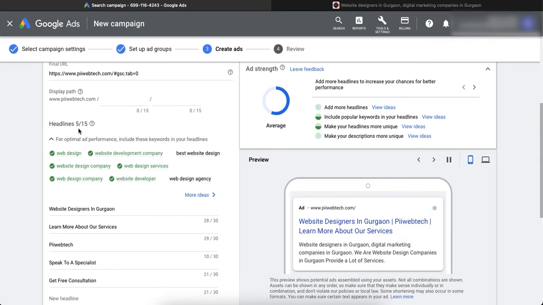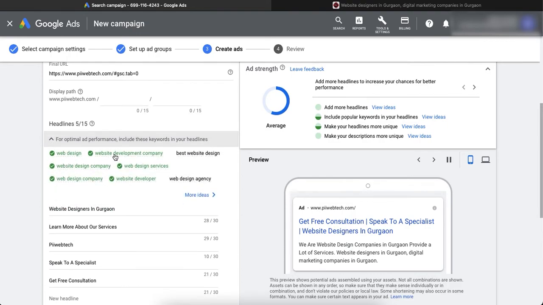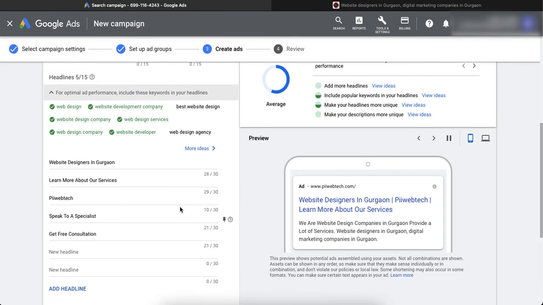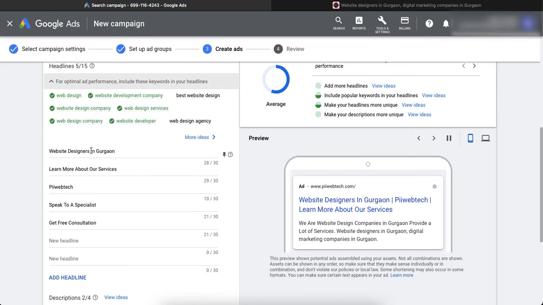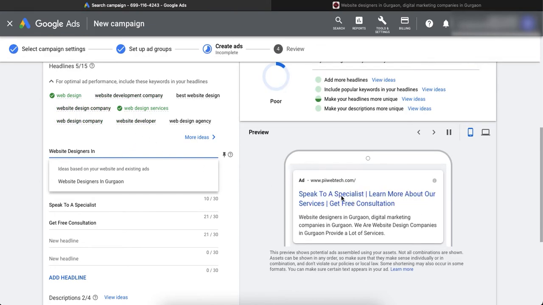You can give different headlines for your advertisement. You can see here on the right how your ad is changing when you are creating different headlines.